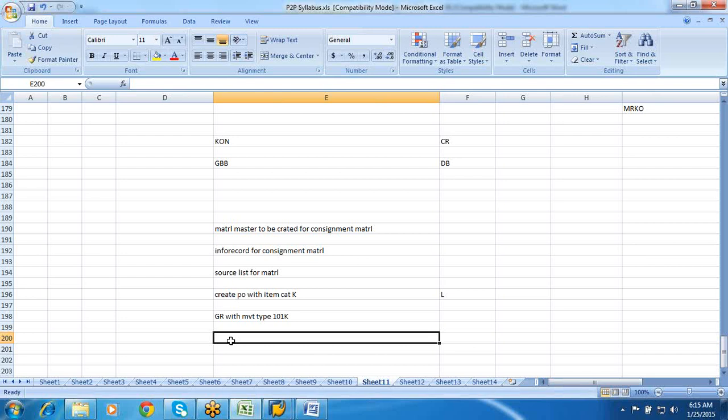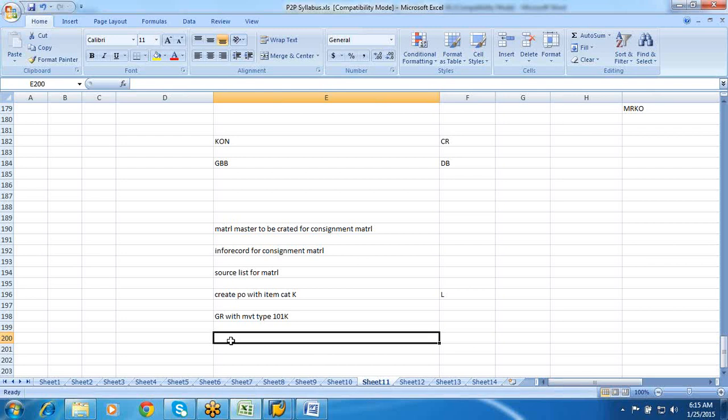Still, the goods receipt is required because we need to settle it. Whatever transfers we do with the stock without a PO, we cannot settle. So this goods receipt is required for us, and then we would be transferring it to our own stock, to a particular storage location, we can say.